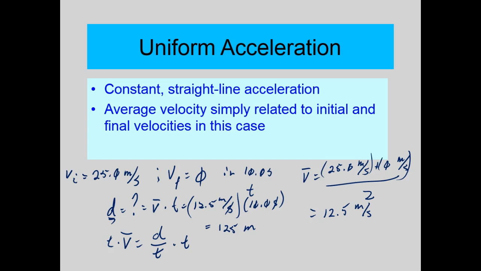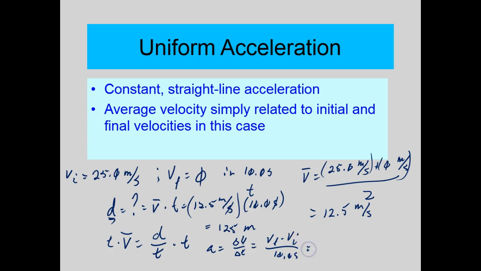2.6. I'm glad I didn't erase this, because 2.6 then asked for what was the deceleration of the automobile in example 2.5. So what's the acceleration? What was that formula? Anyone remember? Okay, change of velocity over change of time. I like to put those deltas in there, the book doesn't. This is velocity final minus velocity initial over the time interval it took, and in this case that was 10.0